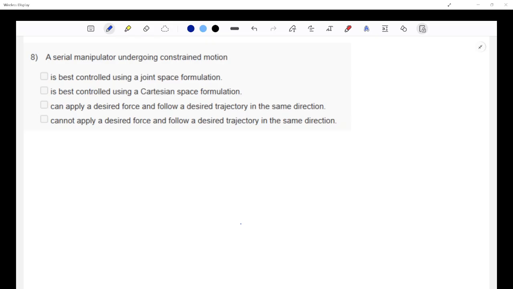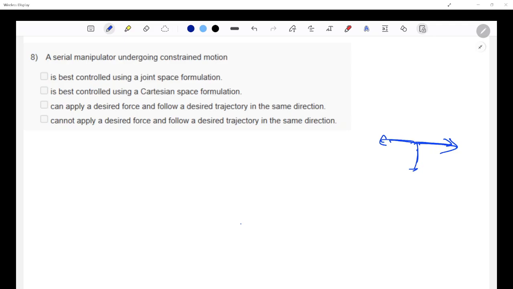Okay, so for example, there is a robot sliding on a surface. What is a constrained motion? First of all, a serial manipulator undergoing constrained motion, what does that mean? It means that, let's say, a robot is sliding on the surface and the robot is also maintaining the contact, so it is working in two directions. Okay, so the constraint is defined in Cartesian space XYZ and not in terms of joints, right? Because Cartesian constraint is how we are allowed to move in XYZ. You cannot define it in terms of joints.